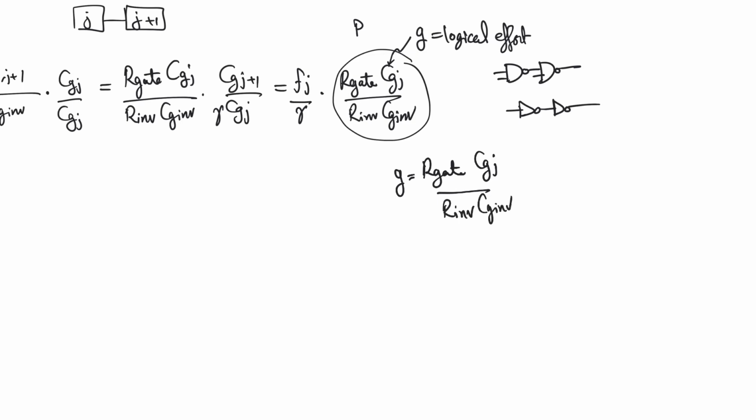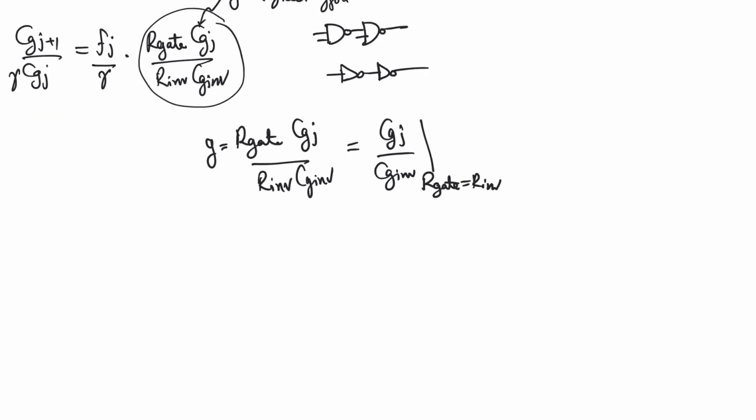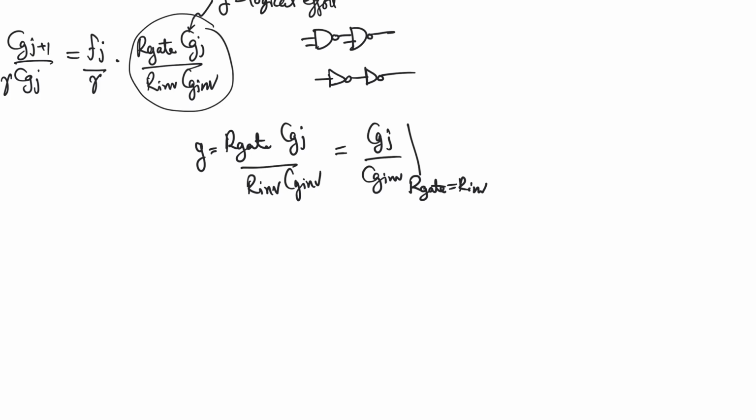And it will become a ratio of just capacitances. So G is going to be equal to C_G of the gate over C_G of the inverter for any sizing scheme that allows us to have R gate equal R inverter. So again, we are free to choose the sizing that we use because it's going to give us the same